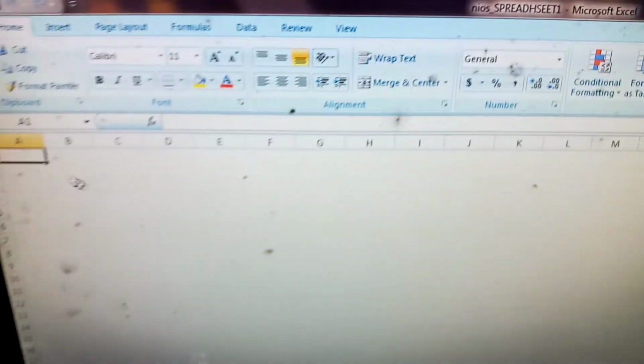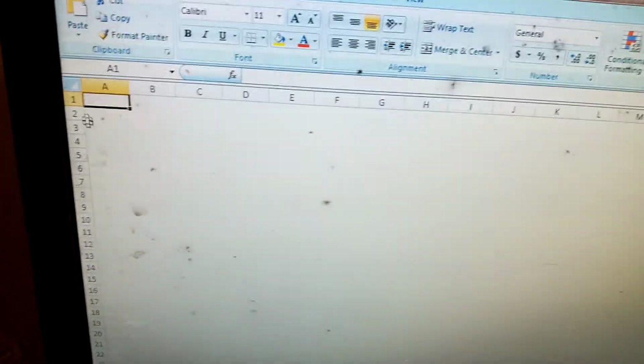Now this is the working area in which we are going to work. If you see carefully, it's been divided. The Excel worksheet has been divided into rows and columns. These are the rows and they have been named by numbers. On the top you'll see columns.